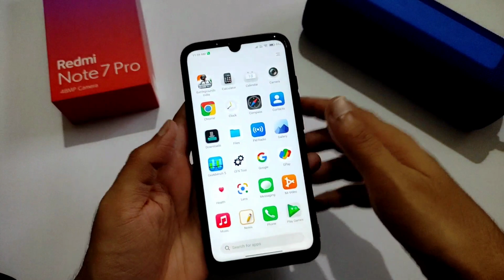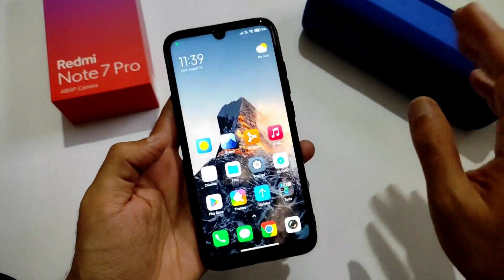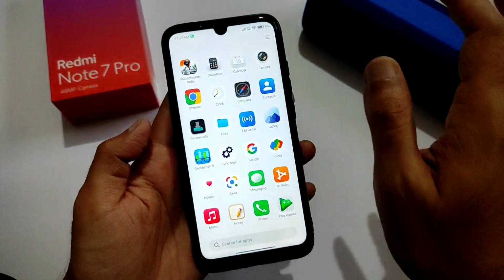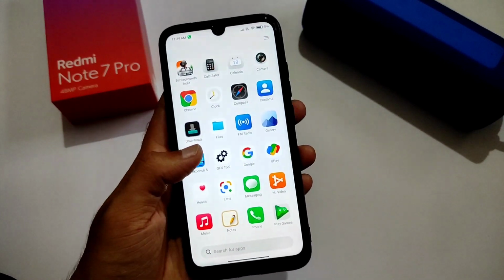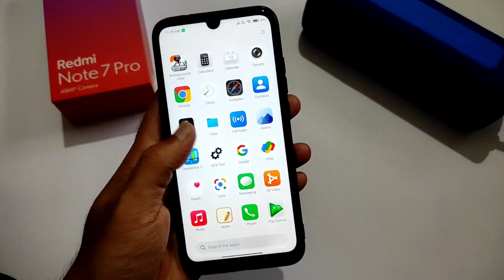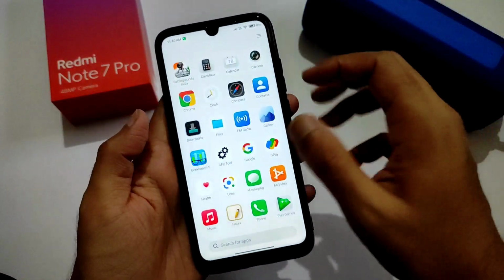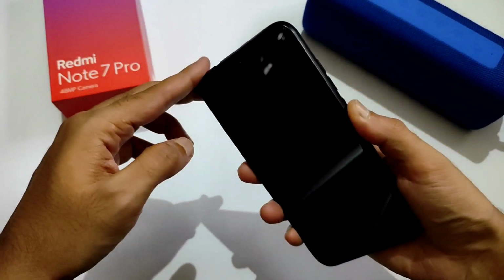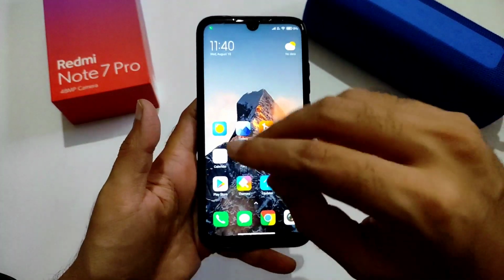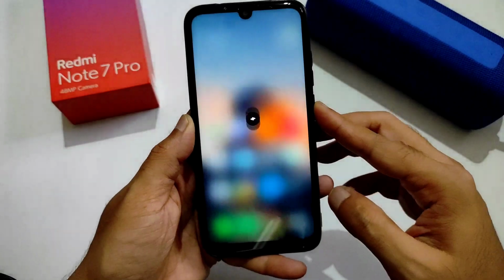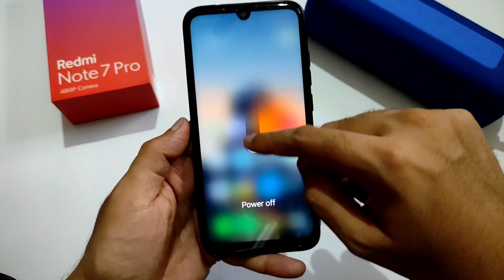And by using wired earphones and even Bluetooth speaker or Bluetooth earphones, no problem in this ROM. You can definitely try it out as a daily driver on this ROM. And that's how the performance is on this ROM. And once again, let me show you the booting animation, and you will get this kind of power button here. Let me reboot.